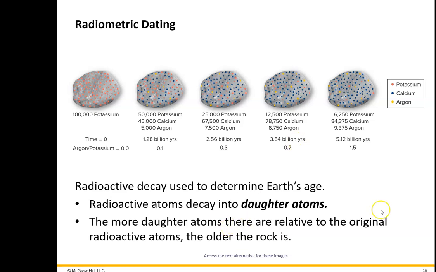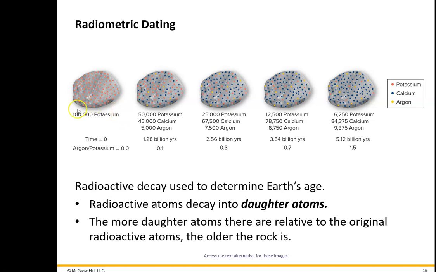All right, so this is how we figured out a long time ago, over 100 years ago, by the way, that the Earth was billions, with a B, of years old. It's actually 4.5 billion, or another way of saying that is 4.5 times 10 to the ninth years old.